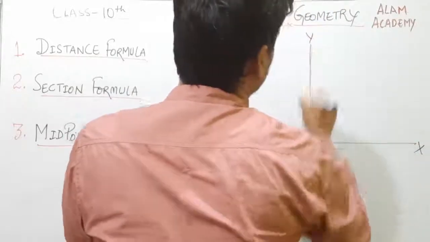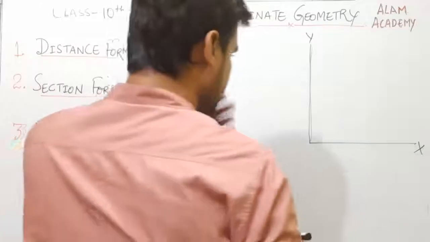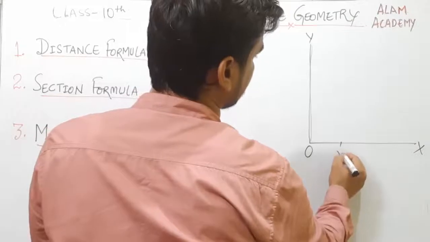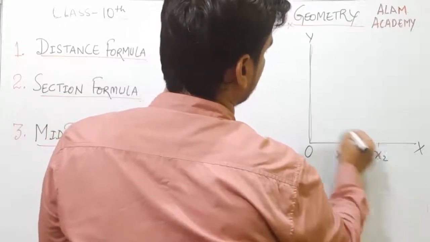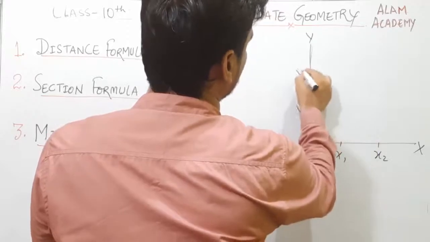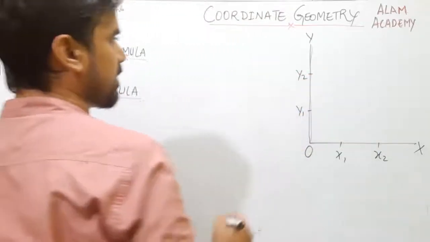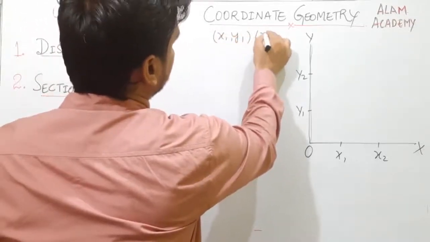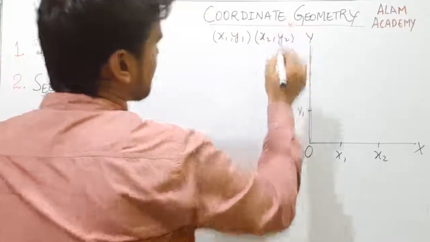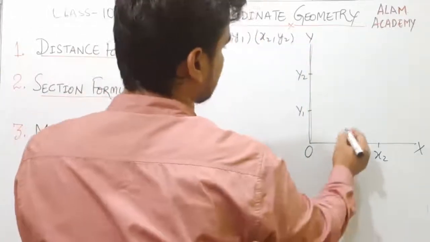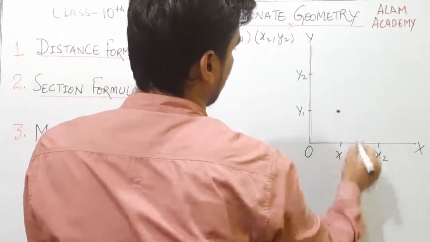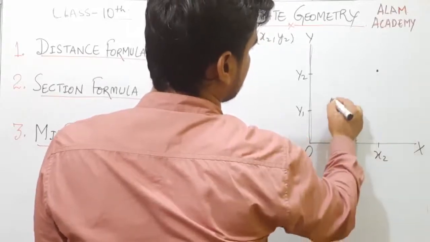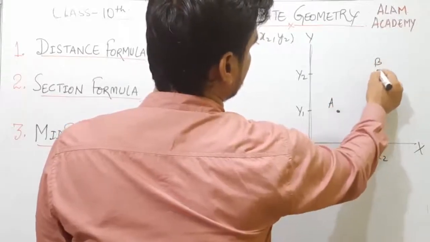X-axis and Y-axis. Now as we know that it is origin. Let's say it is x1, it is x2, it is y1 and it is y2. Okay, now as we know that we have a coordinate here x1 y1 and x2 y2. कैसे इसको पॉइंट को मार्क करेंगे, यहाँ प्लॉट करेंगे इस पे, तो x1 y1 and x2 y2. Now let's say that this is point A and this is point B, we join it.